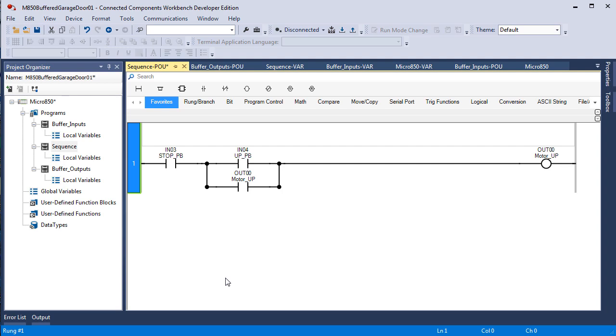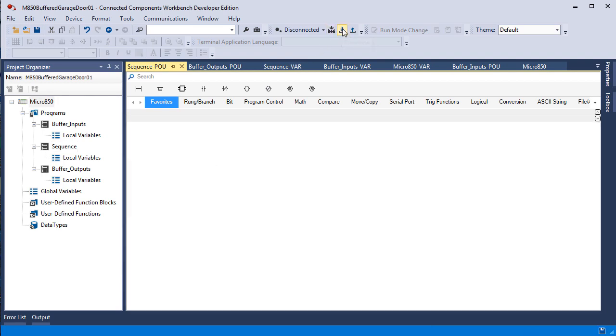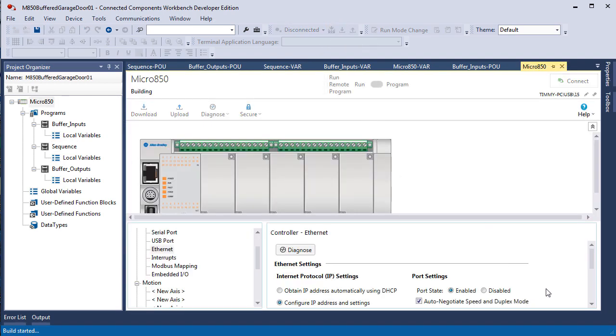In other words, we're going to use a normally closed contact for our actual stop push button on our field device simulator because we want this fail safe. But we're going to use a normally open for the up and then a normally open for the motor up auxiliary contact off of the starter. So let's save this, and you notice that I named mine M850 buffered because we have buffered IO, garage door 01 because we may have more than one iteration of this program. So I'm going to save and then download,